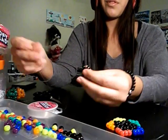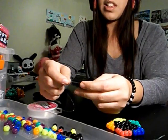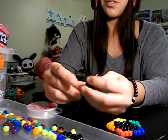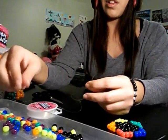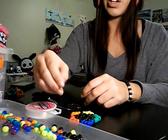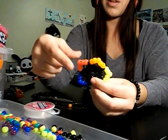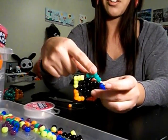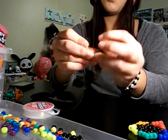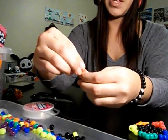Okay, so we're going to do what we did in the last video. I don't need to show you guys again, right? If you need to see the last video, alright? What we're going to do though is when you go through the black beads, you're going to put the colored beads on. So we're going to do like my rainbow here. We're going to put on a pink bead, then an orange, then a yellow, then a green, then a blue in rainbow order. So we're going to string through a black bead, put on a pink bead,